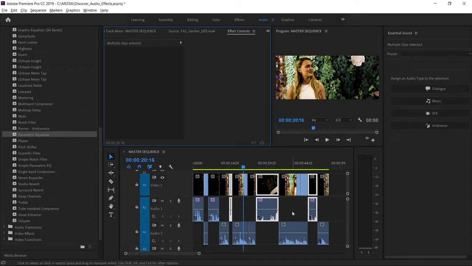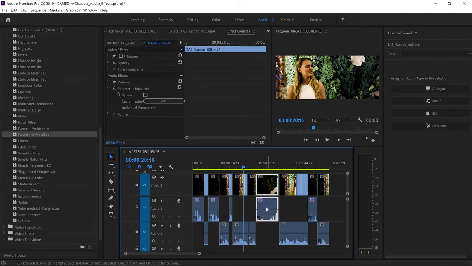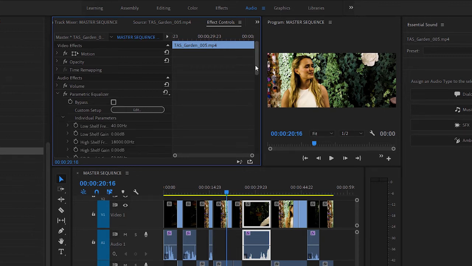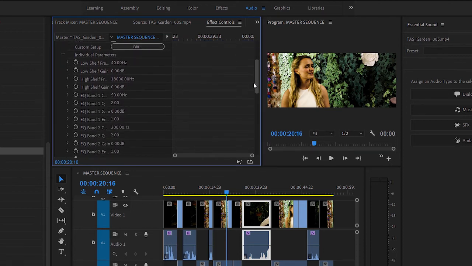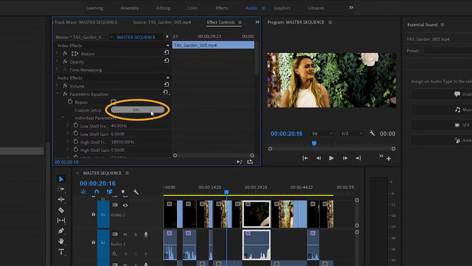So I'll deselect by clicking on the background of the timeline panel and select a single one of these clips by single-clicking on it. I'll just resize the dividing line a little bit here inside the Effect Controls panel so we can see those settings more clearly. This particular effect gives access to all of its individual controls inside the Effect Controls panel. And this is useful because you'll see we have these stopwatch icons that allow us to animate all of the settings over time. But if I scroll up, you can see we have an Edit button, which takes us into